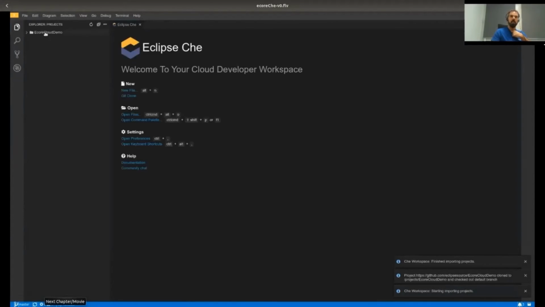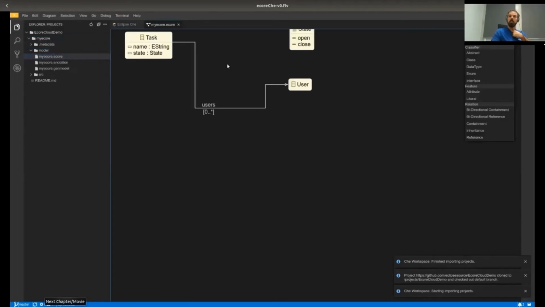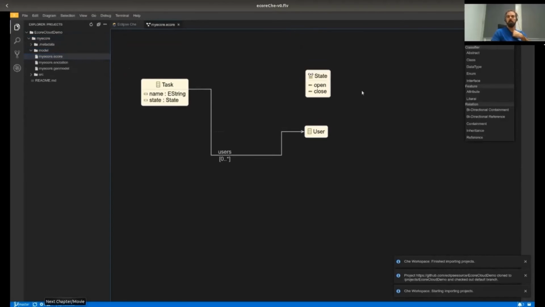Here we see this demo project, and we open the Ecore file just like this. As we can see, we are using the dark theme here. That shows that, for example, the diagram technology works well with theming. So if in case you apply any custom theme, that usually adapts quite well. And now we can create another class of the Ecore tooling here running in Che and now deployed in a